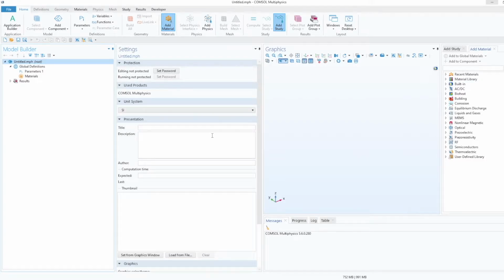Hello everyone, I'm Rahul. So today we'll start working with COMSOL Multiphysics. Once you click on the COMSOL icon, it opens up something like this. As discussed earlier, you can see the Model Builder here and the Application Builder here. And after that, all the things that we have discussed are there: definitions, geometry, material, physics, mesh, study, results, and